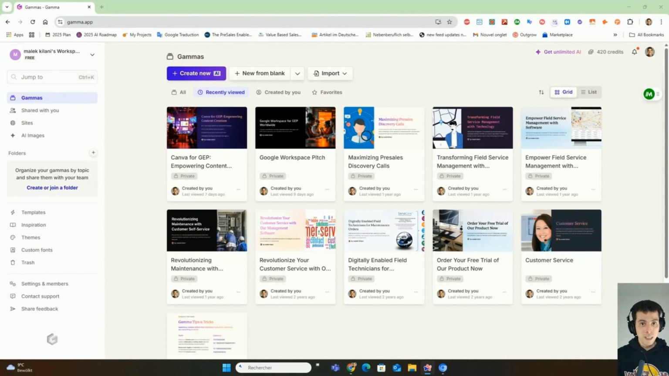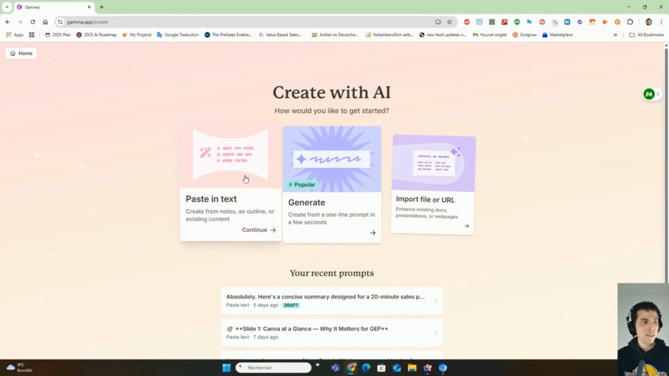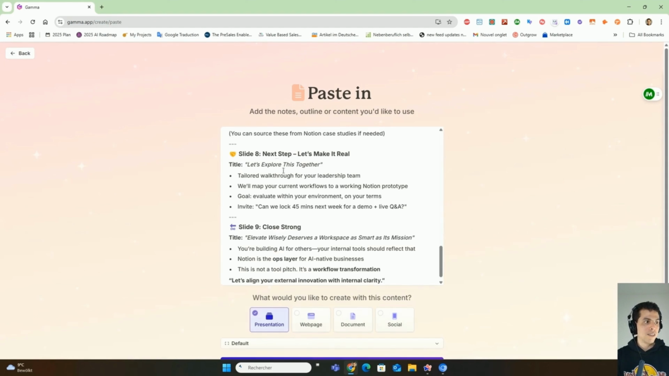Now we are moving into Gamma. So now that we have our answer from ChatGPT about the slides, the headlines, bullet points, etc., we go to Gamma, and this is where I will just ask Gamma to use those to directly create the slides for us. This is magic. And actually you can even do it in the free version of Gamma. You just go to paste in text here, and then from there you will say just paste